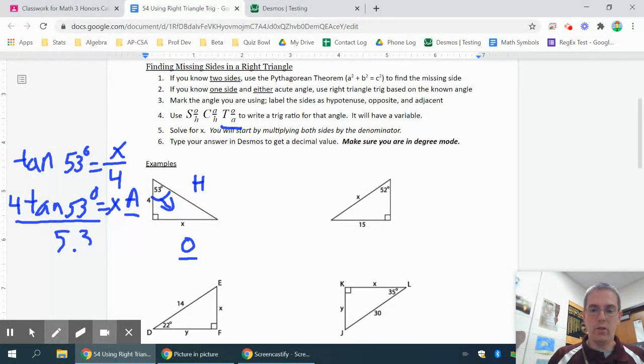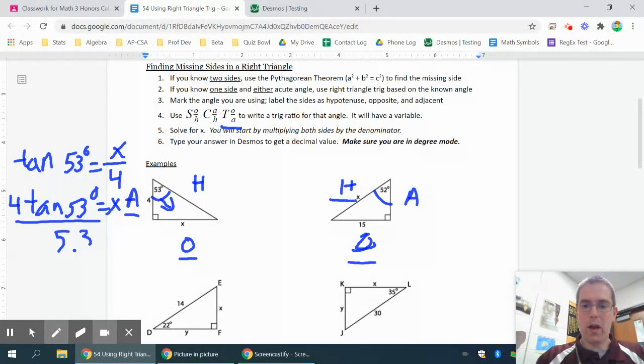Now we can go ahead and do at least one more of these, I'm sure. This one is, we marked the 52 because I only have one side that I know, so I'm going to have to use trig. Label this as hypotenuse. The one across from the 52 is opposite. The one next to the 52 is adjacent. So I'm using opposite and hypotenuse. Opposite because I know it, hypotenuse because it's what I want to know. So the trig function that's based on opposite and hypotenuse is sine. So I have sine of 52 degrees